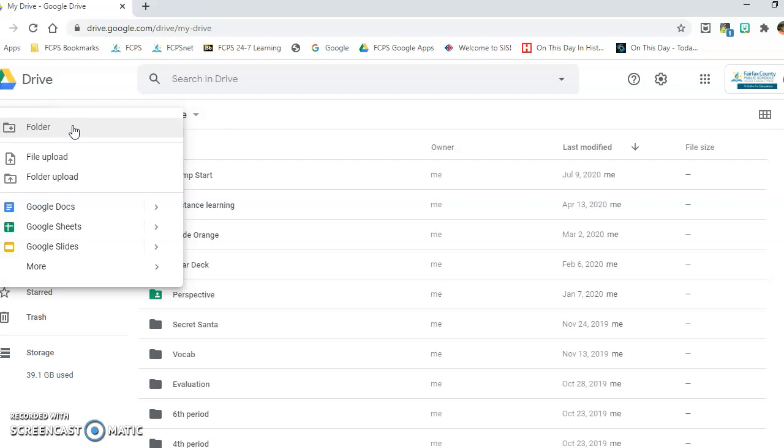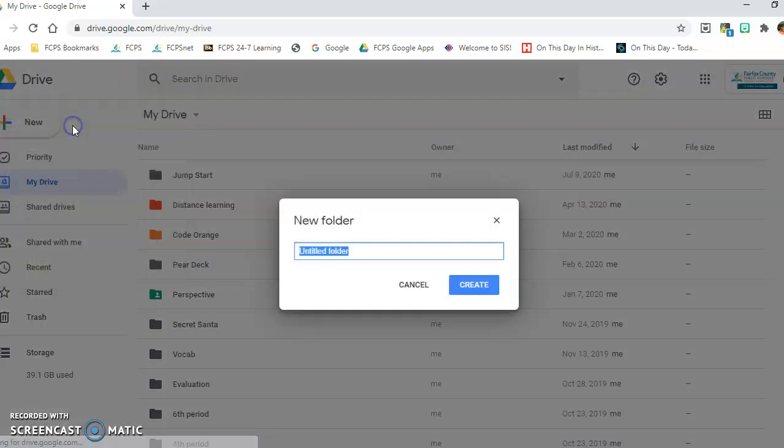So to create a folder, you just have to go to New, and then the very first option is Folder. You can create folders. You could title them 4th grade, 5th grade, 6th grade. You could title all of your documents that you have in their elementary school, and then you can put everything into that folder. So if you titled it elementary